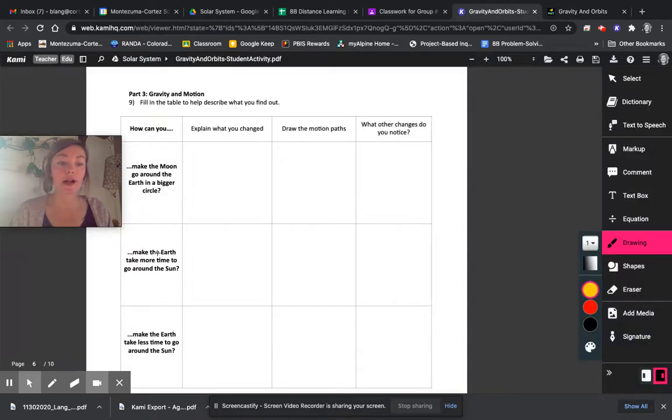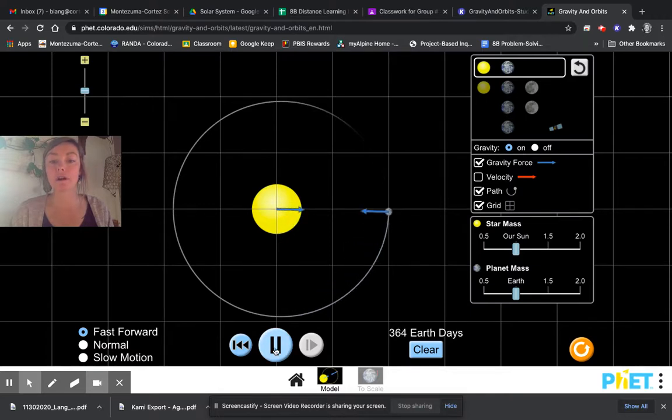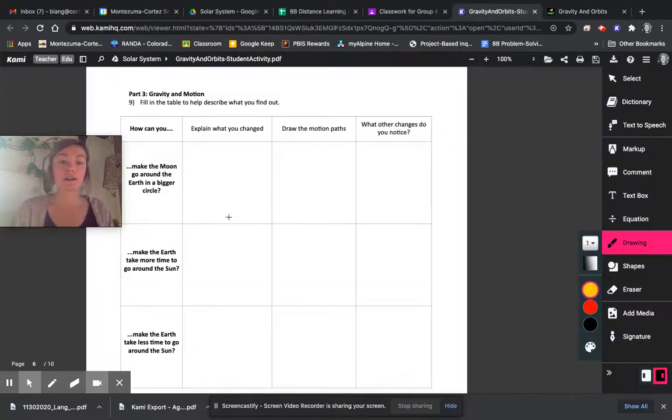And we want to know, how can we make the earth take more time? What are you going to do with these 2 objects, the sun and the earth, so that it takes more than your 365 days? Change some variables, manipulate some of these settings and controls that we have on the simulation. Come back here, explain what you did using the drawing feature, draw what happened,